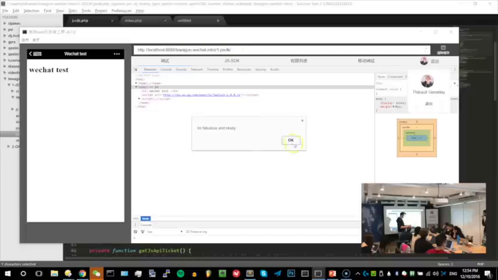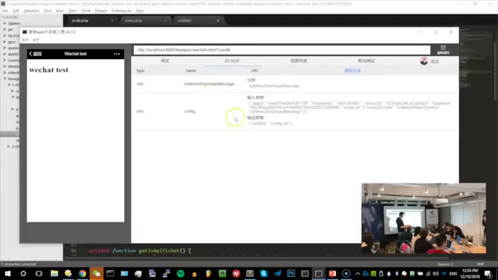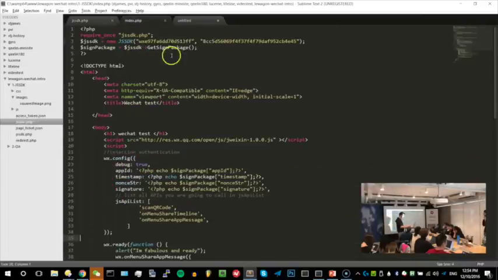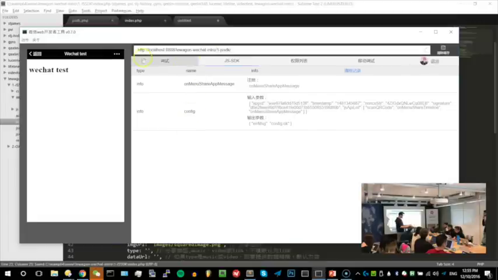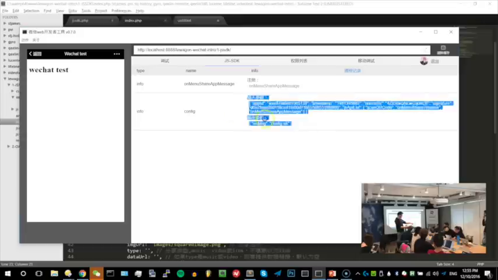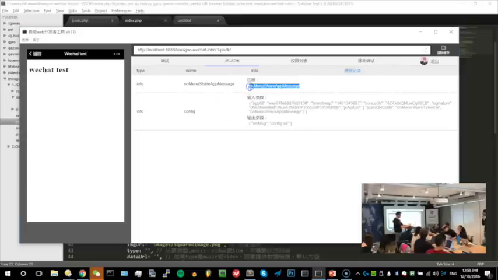So once the configuration is okay, you have two ways of seeing the information. The first way is debug. Debug gives you an alert, but that's kind of a primer thing to do. The more advanced way is this interface that allows you to see on the JS-SDK exactly what's happening. Here you see all the configuration info. That's very useful to see if there is a problem. And here you can see the function we asked for, menu share app message, is working, right? So let's see how it goes.